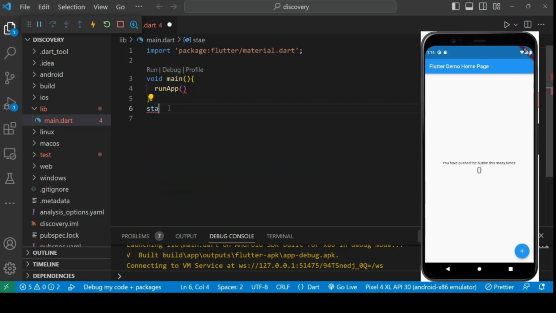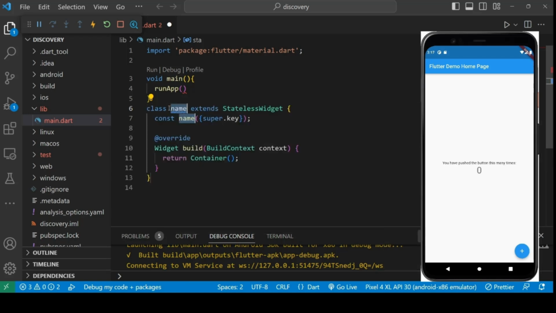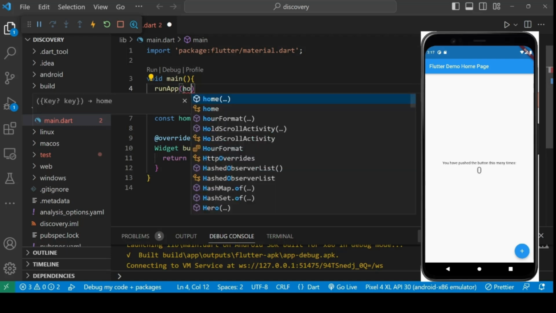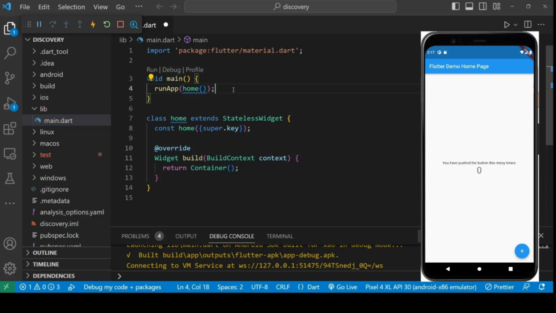or we can also create a stateless widget because it will be constant in our screen, which will be the home, and we can pass the home to the run function. Now the error is gone and we add a semicolon. Then let's return here the MaterialApp,